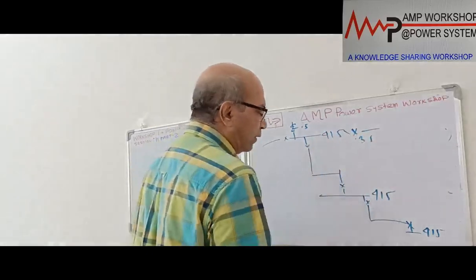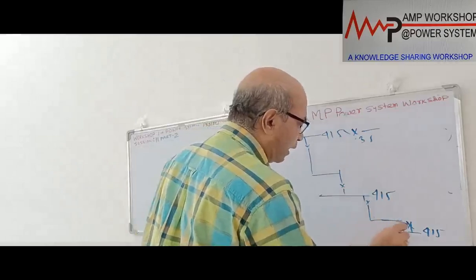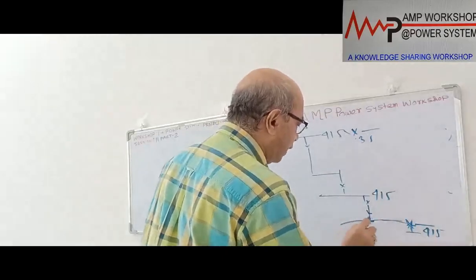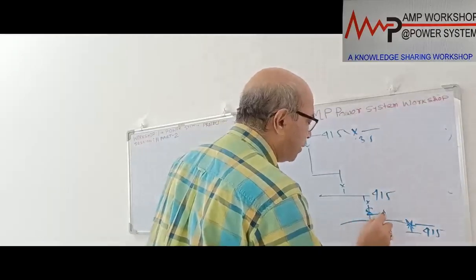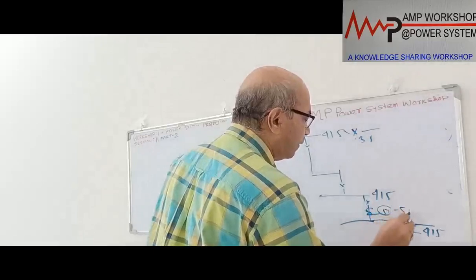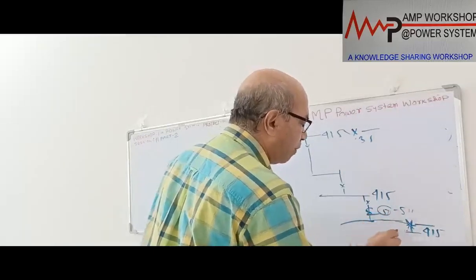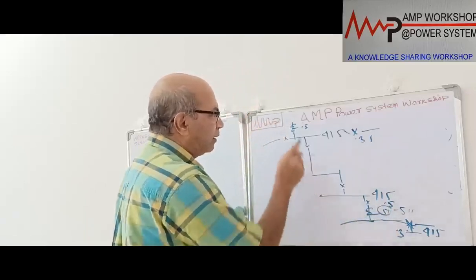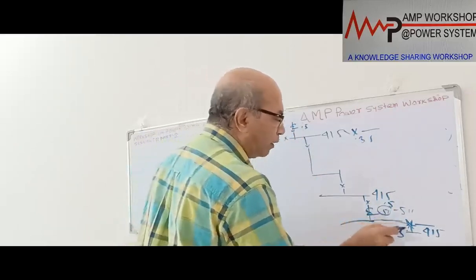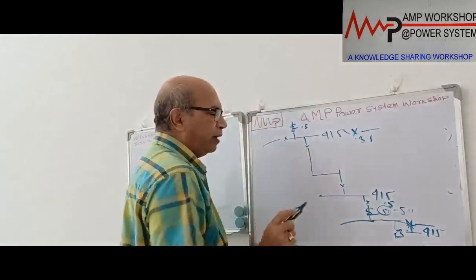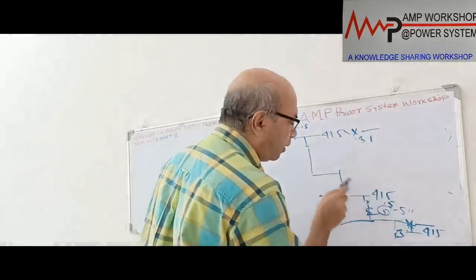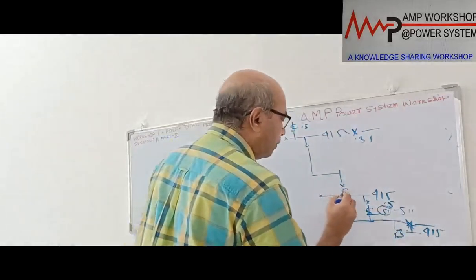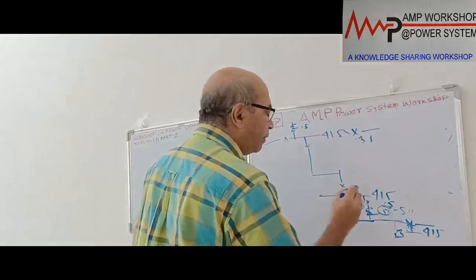But suppose this is a level, here also the same thing: this is an incomer and there is another incomer, and this is a bus coupler. If this is the incomer, we put protection 51 plus 51N. Now the bus coupler will be operating at 0.3 second, then 0.5 second. If I put both settings, then for the fault over here, it will be operating from here. That is not acceptable. So I have to coordinate all over the route. That means if this is 0.3 second and this is 0.5 second, then these will be maybe 0.8 second or 0.75 second.